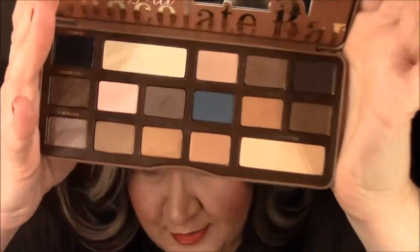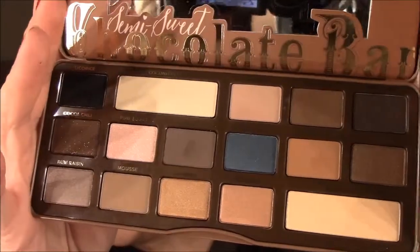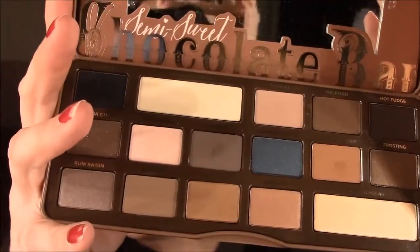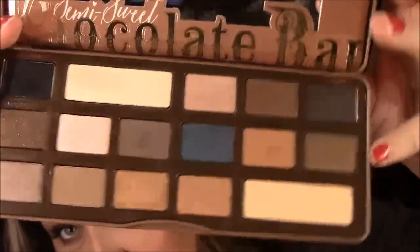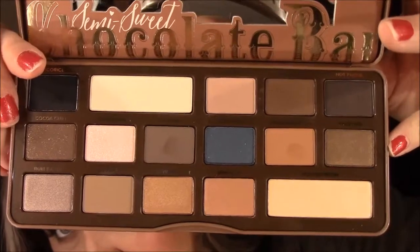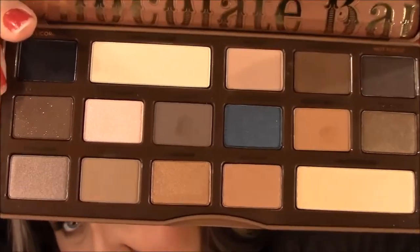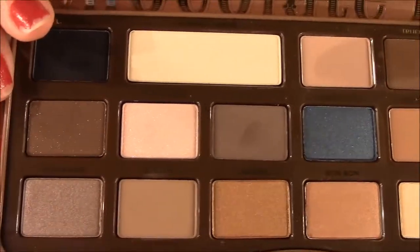And then when you get to the eyeshadows, they just offer such a beautiful array of shades, and oh, it's just stunning. So that's the eyeshadows, and as you can see, they do say the names on them this time, where the other chocolate bar palette, they don't have the names in them,